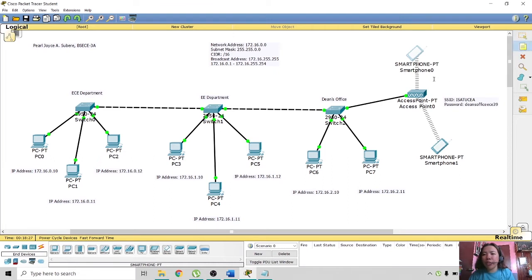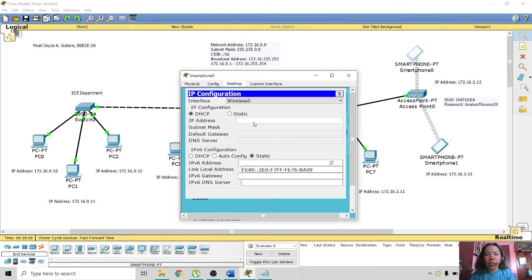So the smartphone 0, its IP address will be 172.16.2.12, and for smartphone 1 I will just change the fourth octet to 13, and I will now change its IP configuration here. So this will be okay,